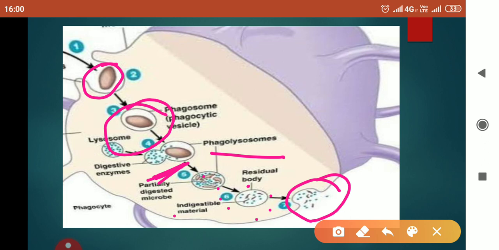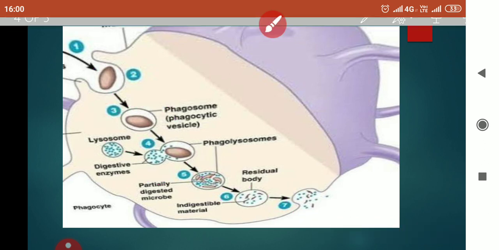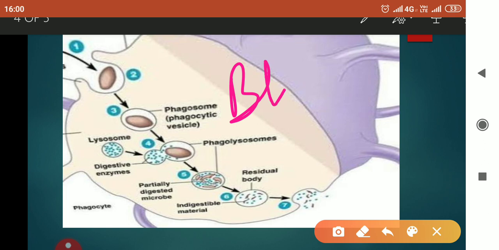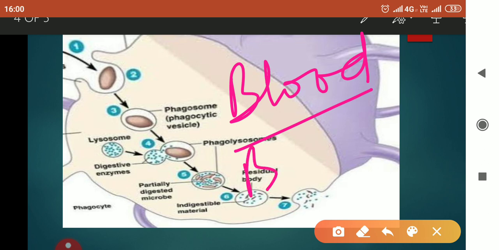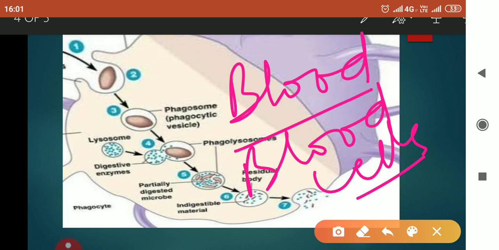Now children, just imagine what type of cells perform this function. I think you have studied about blood. If you haven't, I'm going to introduce you a bit: blood contains blood cells, along with plasma and platelets.